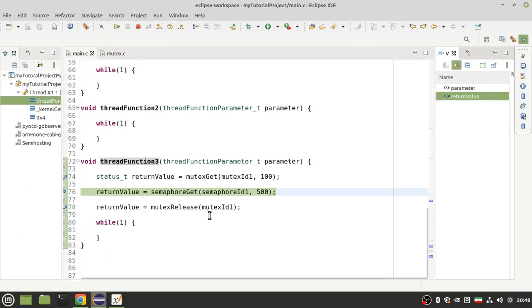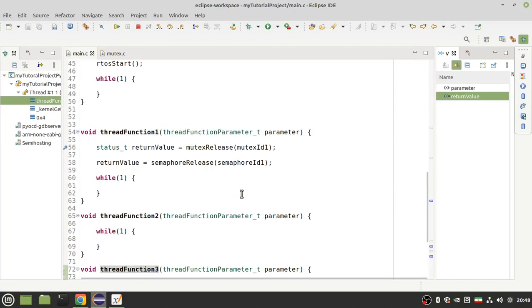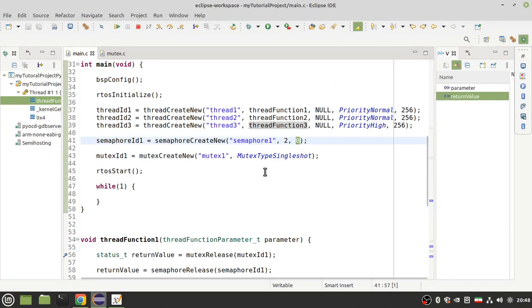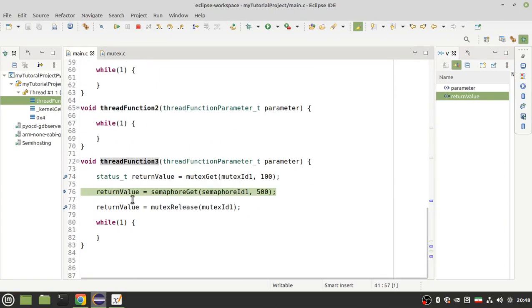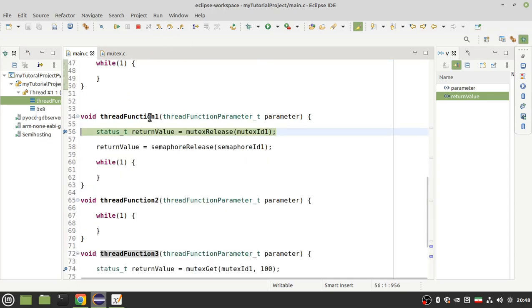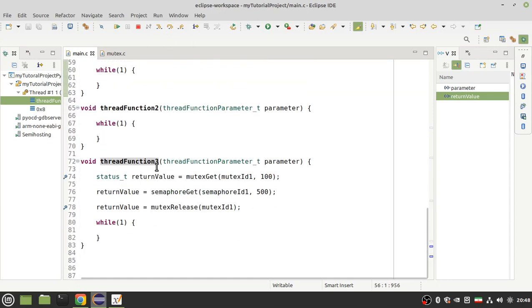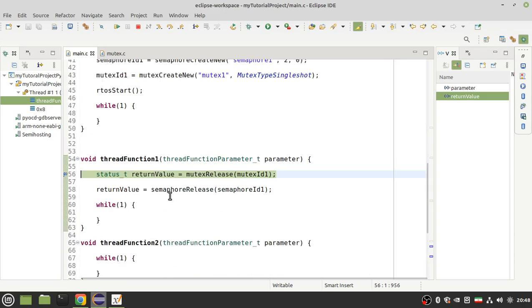Now I want to get semaphore 2, but the initial value of the semaphore count is 0. If I run this code,